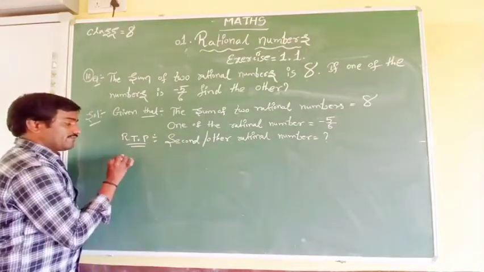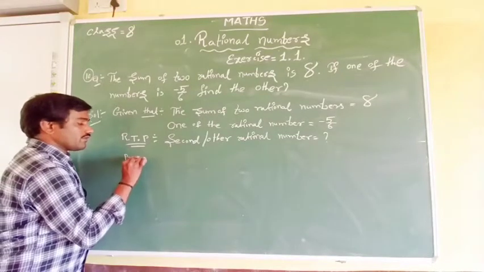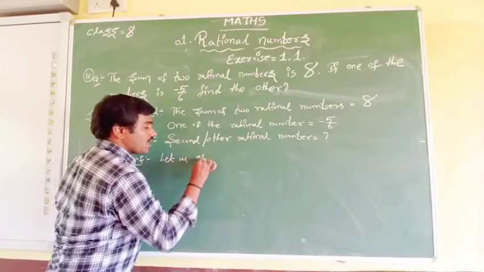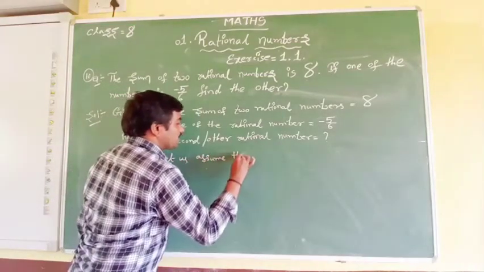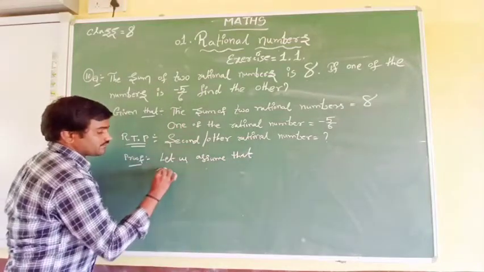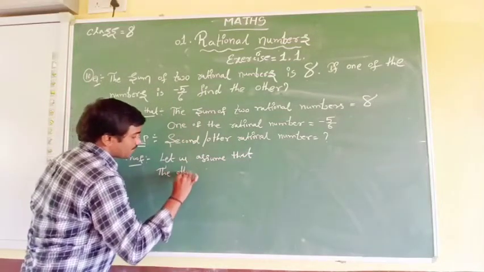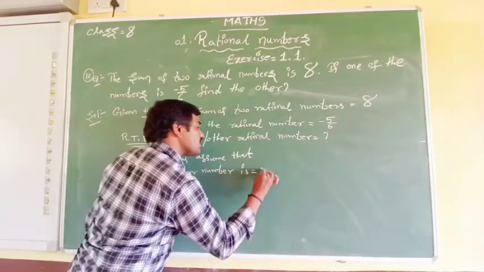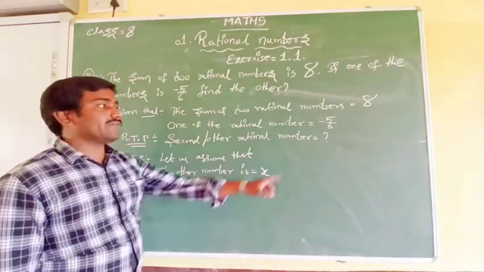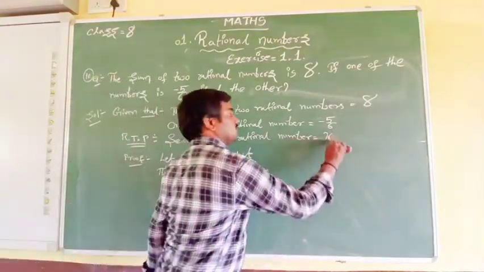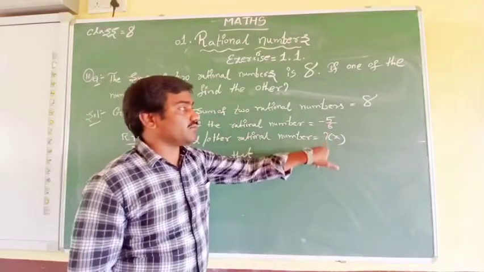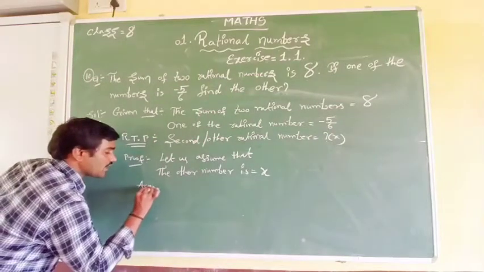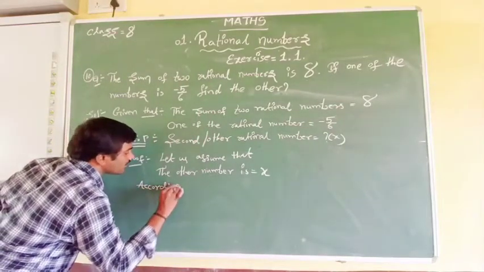For the time being, let us assume that the other number is x. Let us assume this number is x. The sum of these two numbers, if we add these two numbers, we have to get 8. Now, according to the problem,